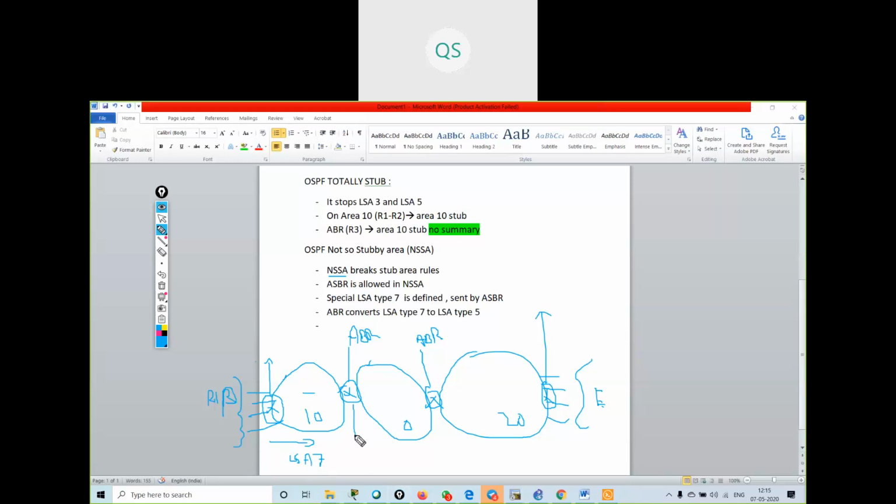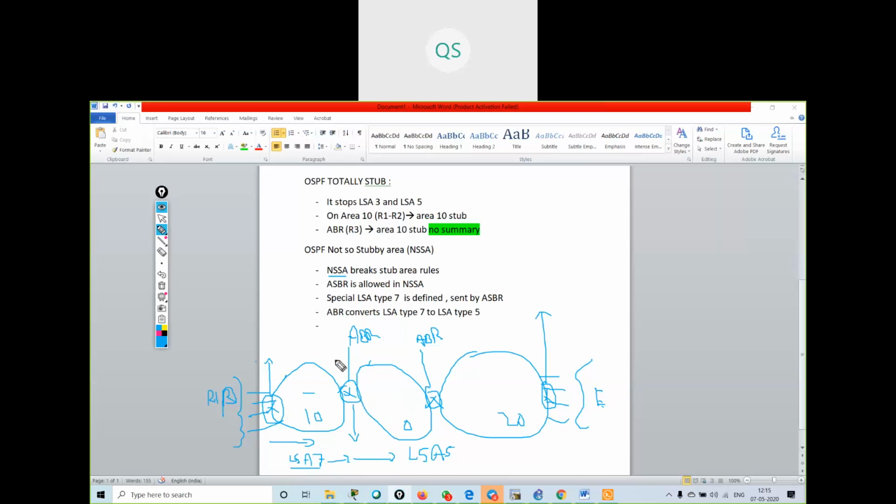So what will it do? It will convert this LSA 7 information into LSA 5 external route information, and it will advertise to all the area routers, because for this area 10, these routes are LSA 7, and for other areas these are some external routes.